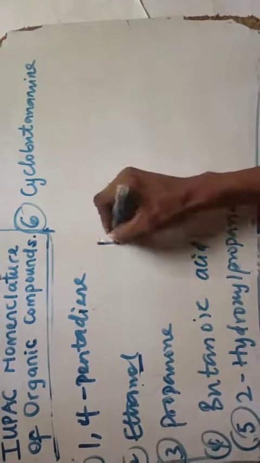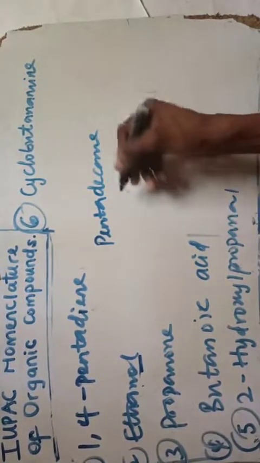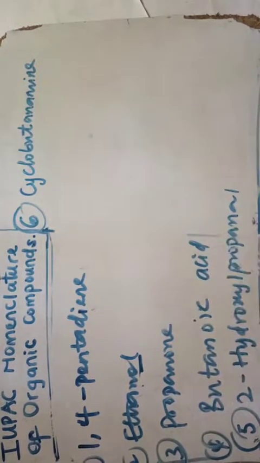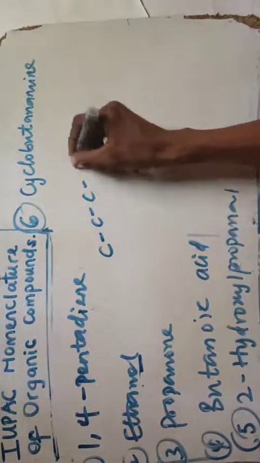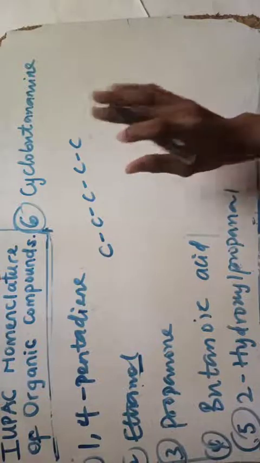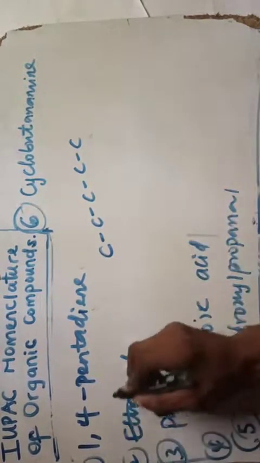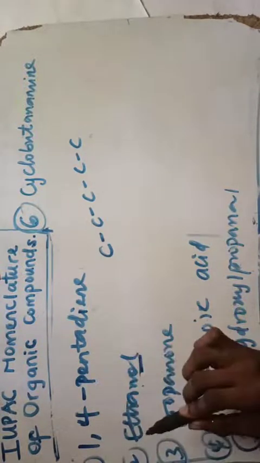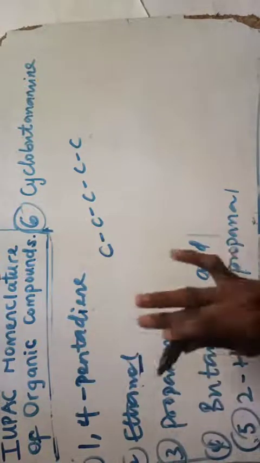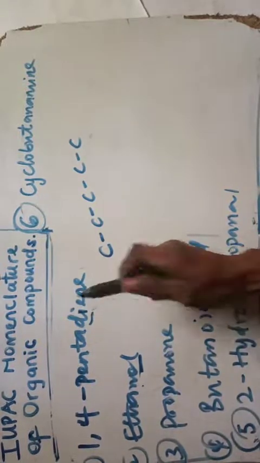If you remember when I was explaining pentadecane, that is deca plus 5, that is 15. Now also here is pentadiene. So penta means how many? 5 carbons. 1, 2, 3, 4, 5. Then diene, that is 1,4-pentadiene. That means this 1,4 signifies that this diene corresponds with di, that means two ene present.